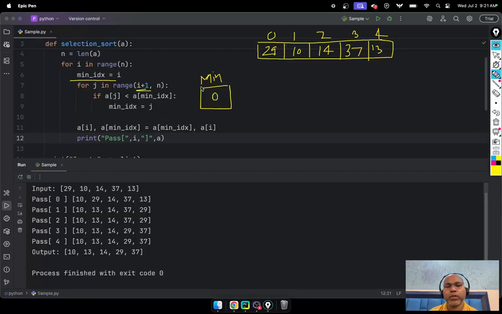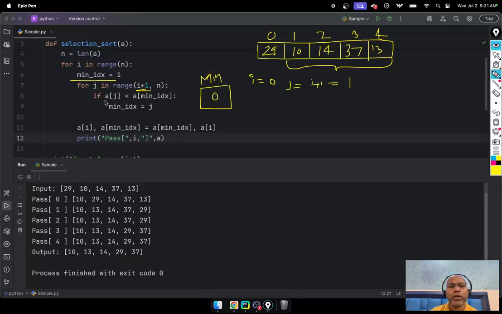So 0 plus 1, that means from here you are going to make a loop and find out who is the smallest element so that we can swap them. The first check is j plus 1. This is your i, and i starts with 0, min index 0. Again you start j equal to i plus 1,